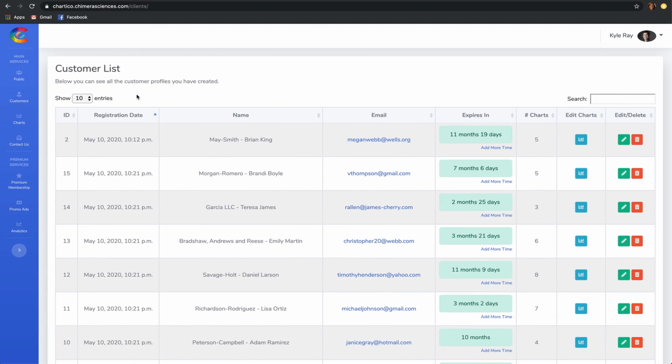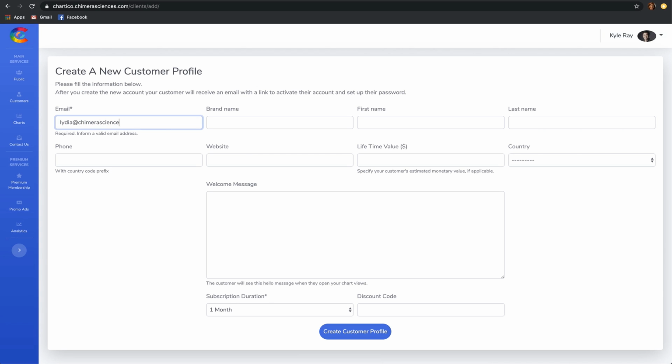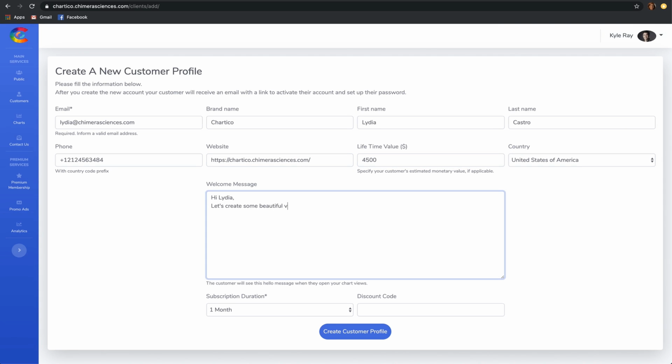To create your customer's account, start by clicking Customers on the left sidebar. Select the option Add New Customer. Fill in the necessary fields. Technically, only your customer's email and their subscription duration are mandatory. However, we strongly recommend that you provide all of the information you have, as this will make your customer list